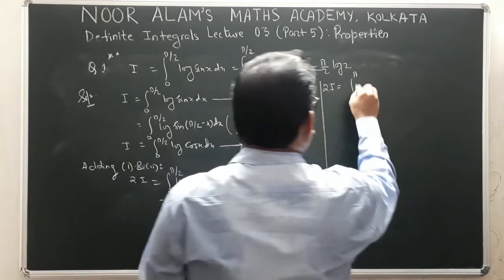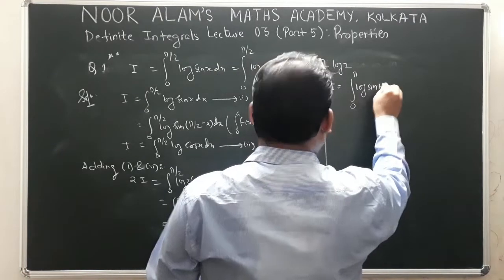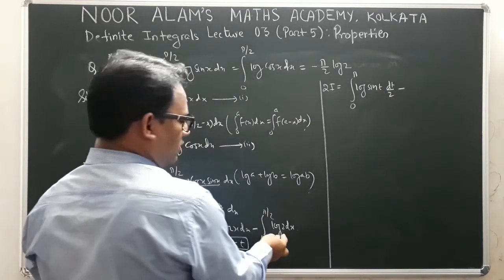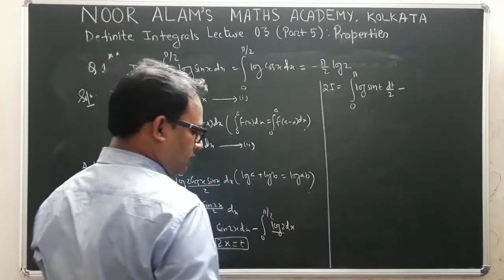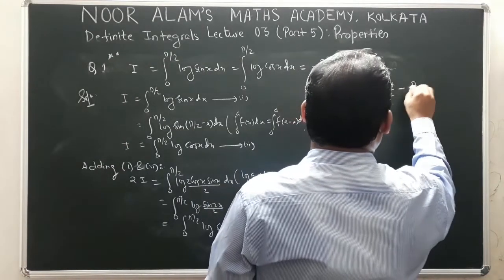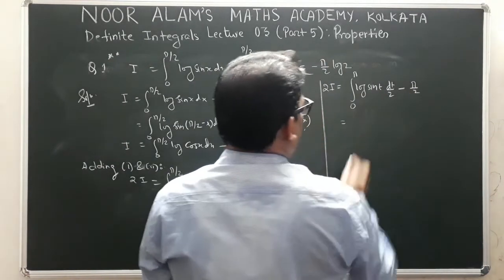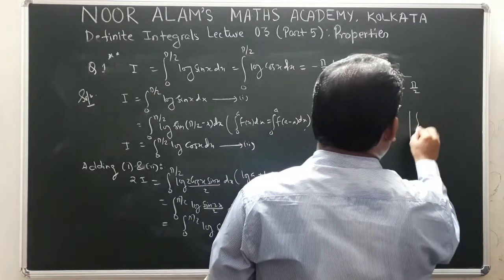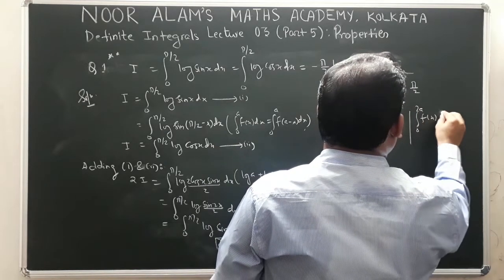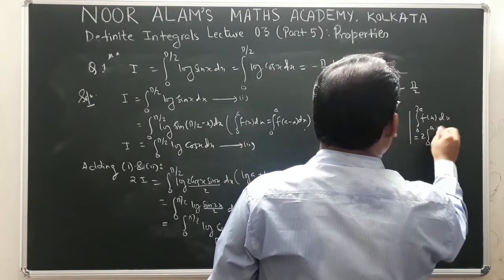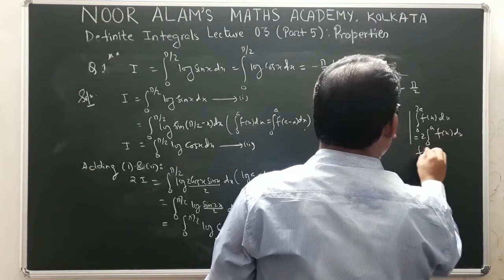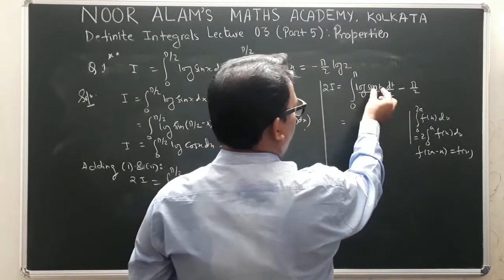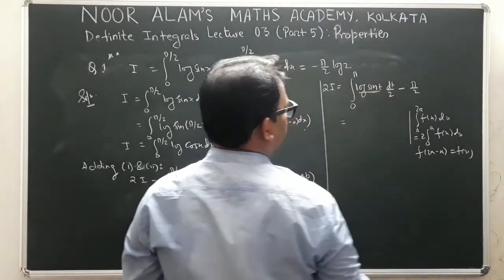So now it will be log of sin t, and dx becomes dt by 2. So we can write it as dt by 2. Now here, log 2 is a constant, so it is outside, the integration of dx is x, and with the limit 0 to pi by 2, you get only pi by 2. So now we can use one property, that the integration from 0 to 2a of f(x) dx can be written as 2 times the integration from 0 to a of f(x) dx, and this is possible if f of 2a minus x is equal to f of x. So now if we find log of sine of pi minus t, again we get log of sine t.